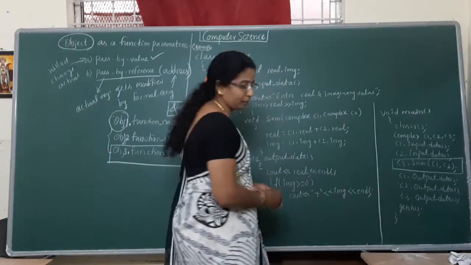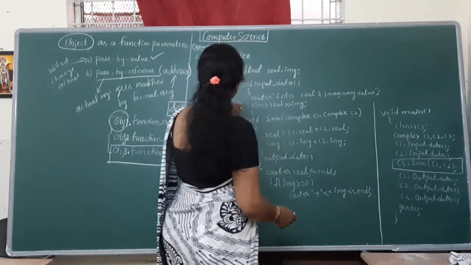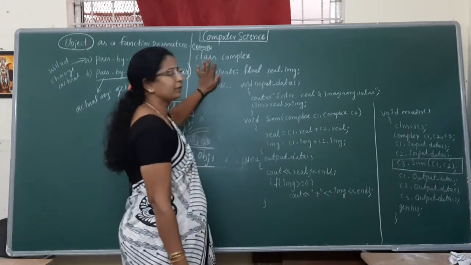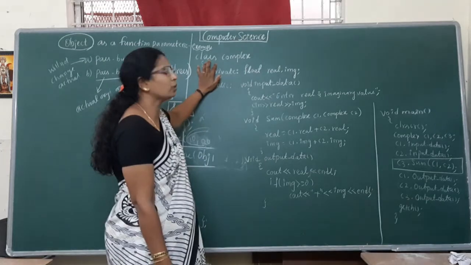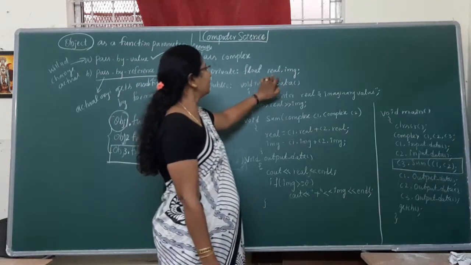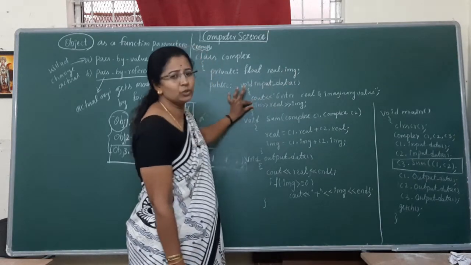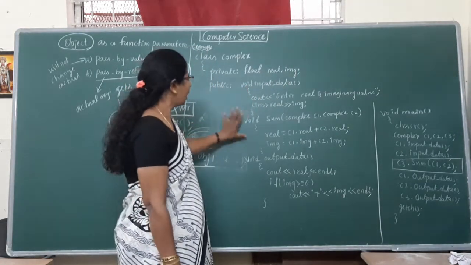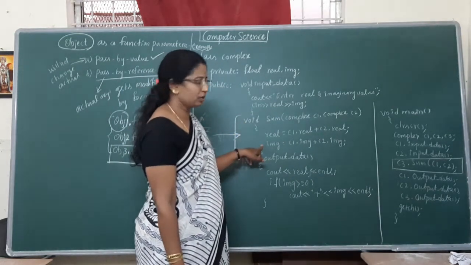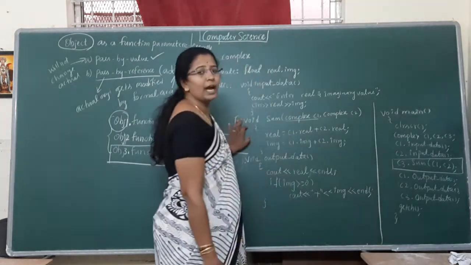See here, I have written one program over here. In a class, I am taking the addition of two complex numbers. That is, one is a real number and the other is an imaginary number. So I have created one real variable and one imaginary variable, and I am accepting the values for real and imaginary, and I am applying addition on the real numbers and imaginary numbers. How am I applying it? I am creating an object here.